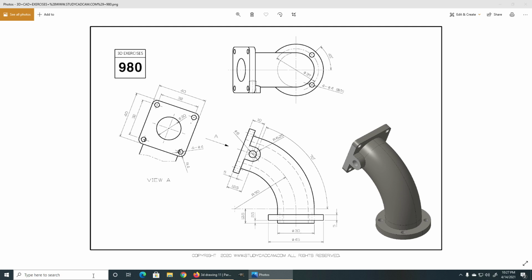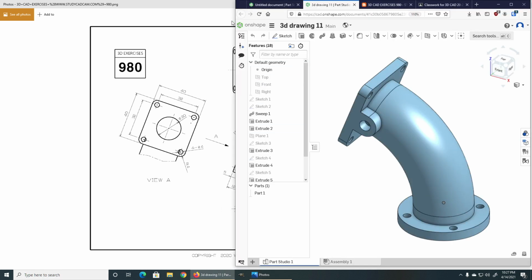And welcome to Drawing 11. We're going to do some curves this time, and this is one of your harder drawings so far. We're going to use a new tool. I jump over here to Onshape. There's my part,